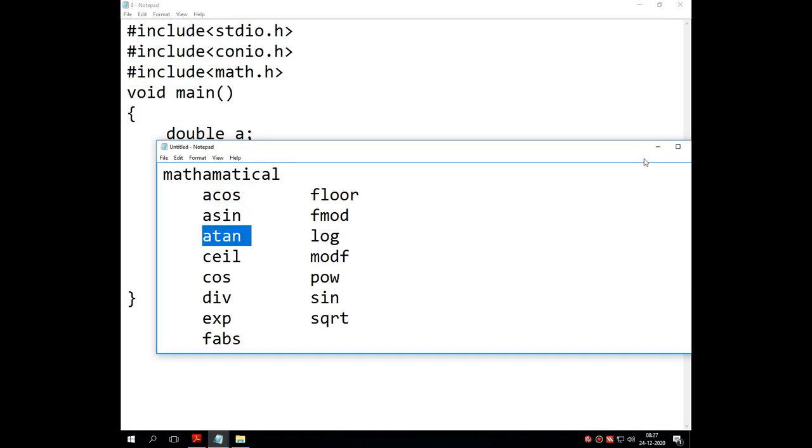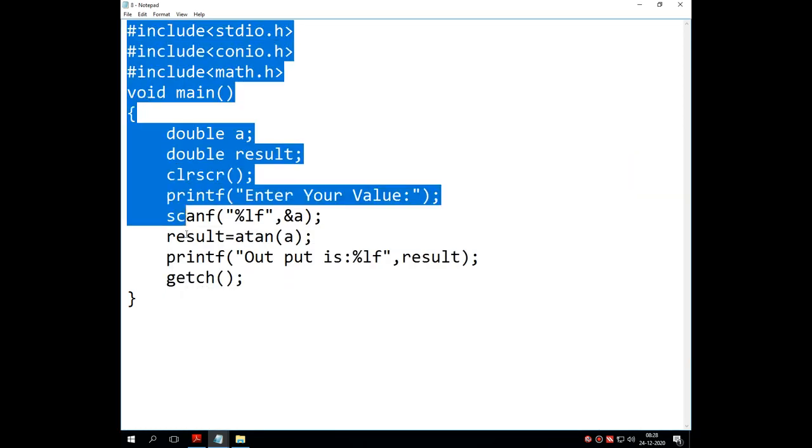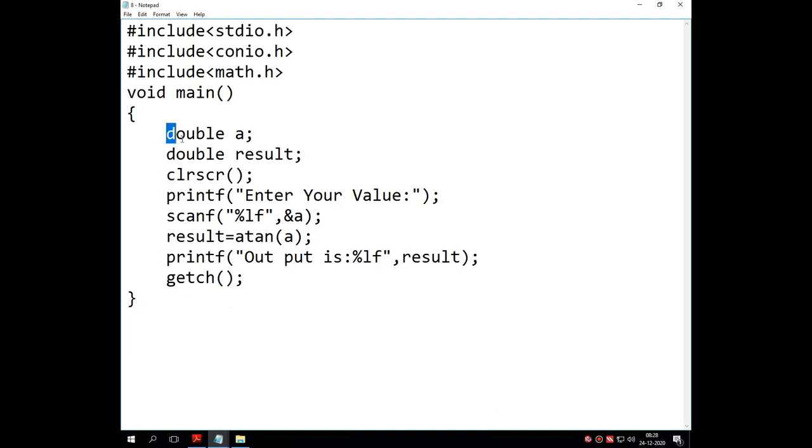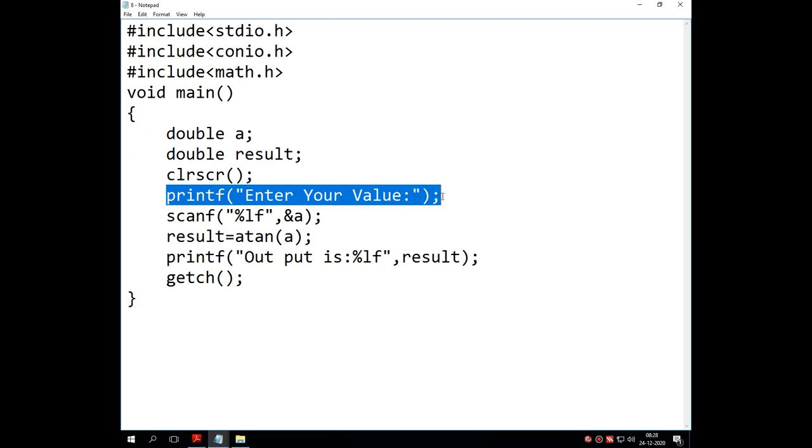Again I am repeating my words. Write a program to demonstrate three different functions, that is acos, asin, atan, and this is the code where I have declared the inputted variable as well as the output variable as double. Then after the clrscr statement I have written the message to enter your value. Then there is a scanf statement.